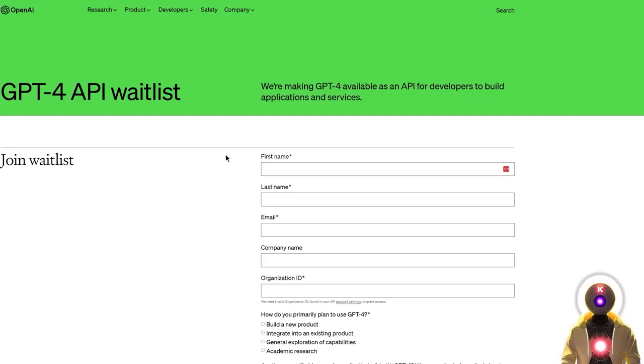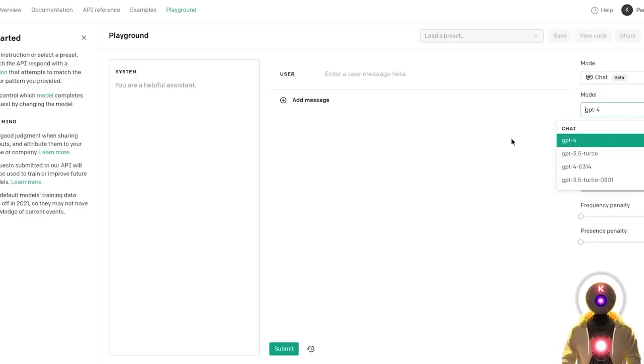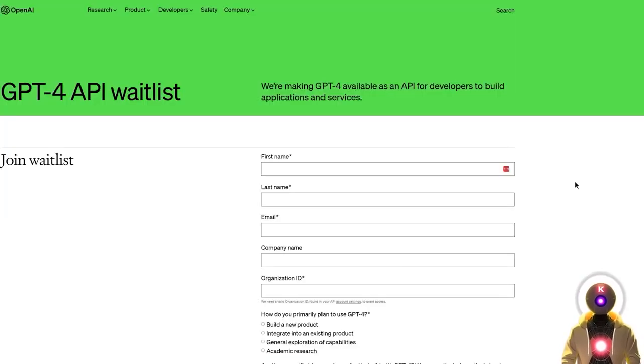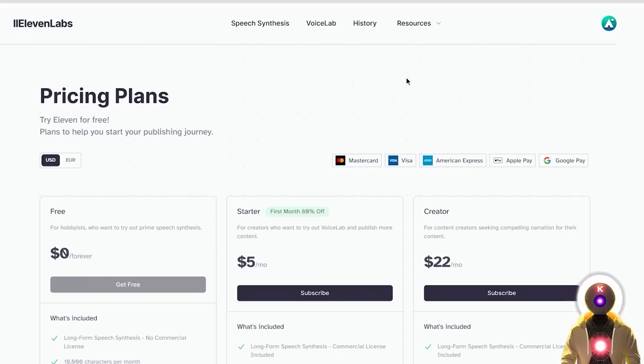Now it's very easy to do, but it might take some time for you to get approved. But if you want to use it right now, you can simply use the normal API with the GPT 3.5. But of course, I highly suggest that you get yourself on the waiting list. And the last thing that you need, and that is optional, this is only if you want to use the